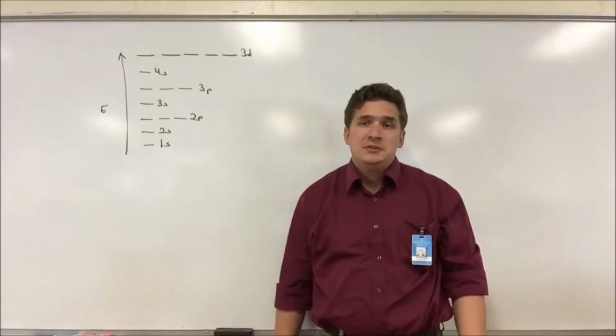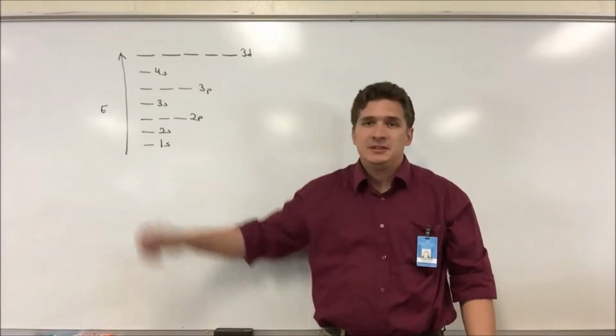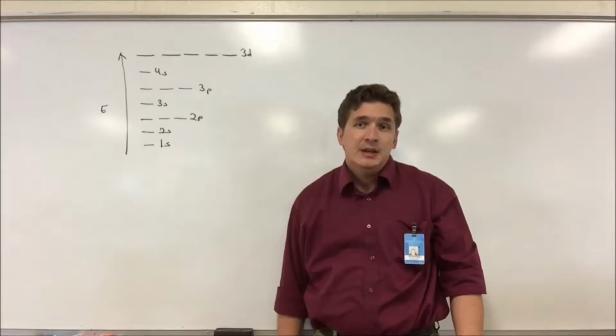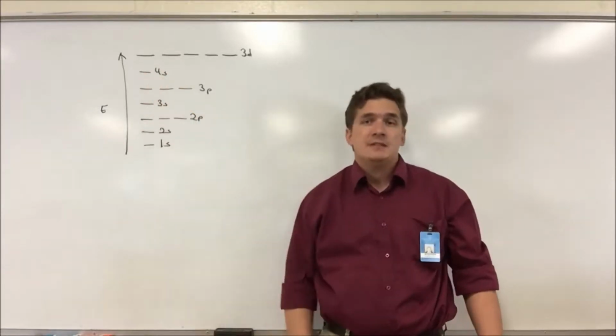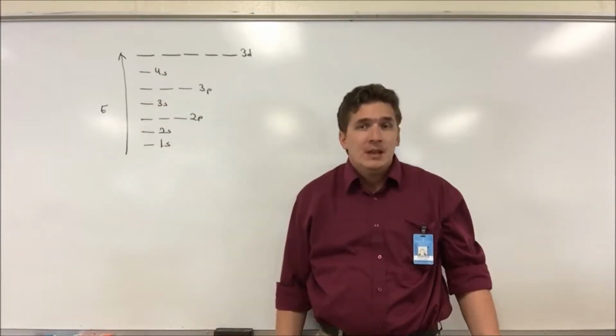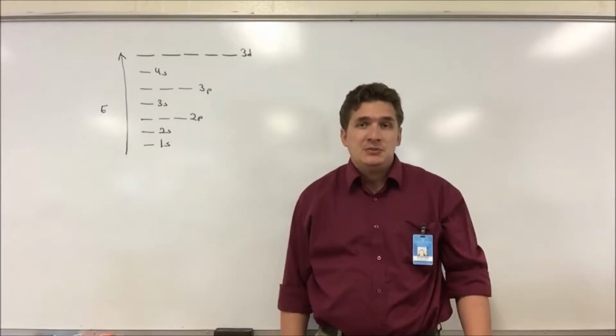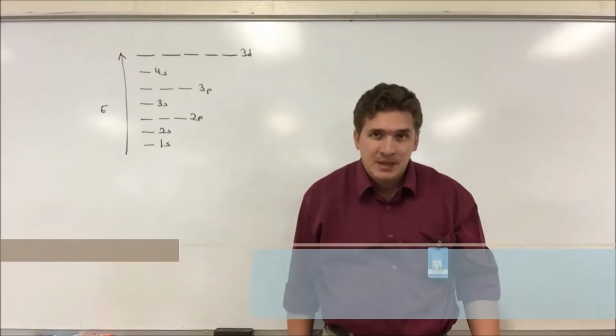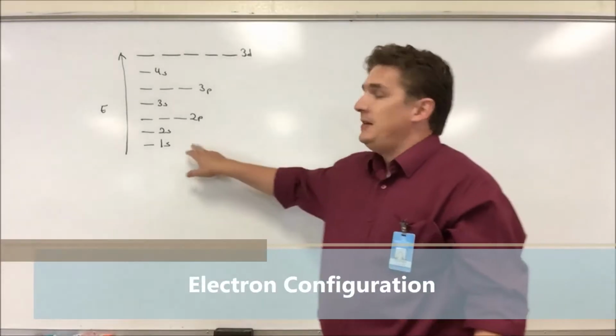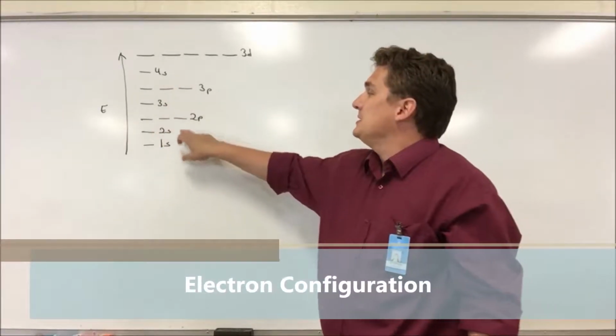Hopefully at this point in the video series you're comfortable taking a filling diagram like this and adding electrons to it. And this is one way of representing how the electrons are around an atom. There is another representation we use, and that's called the electron configuration. Now, what you notice is that every single time we draw this filling diagram, we have the same progression of